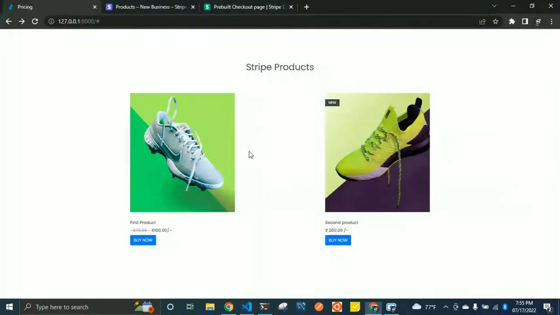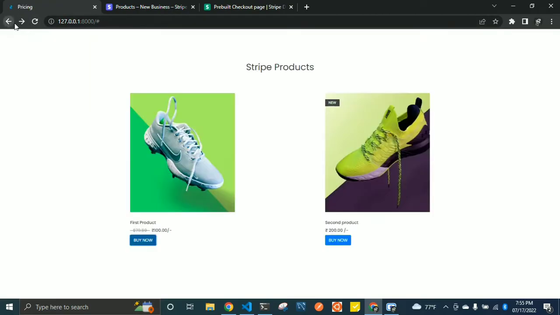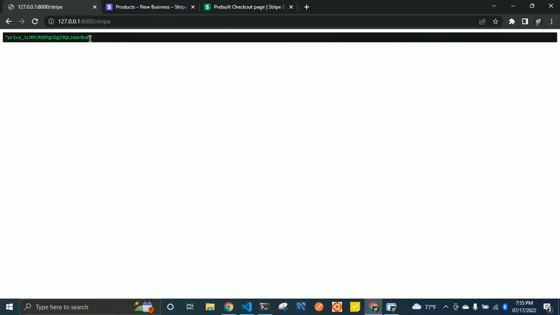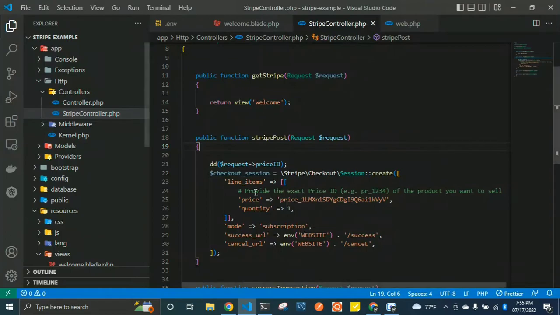Okay, now we will have one test. Refresh your page. Yes, now we are getting our price ID. So if we select the second product, we will get another price ID. So this is different and this is different. Now dynamically we can pass this price ID to the Stripe checkout. Okay, we'll store it in one variable,